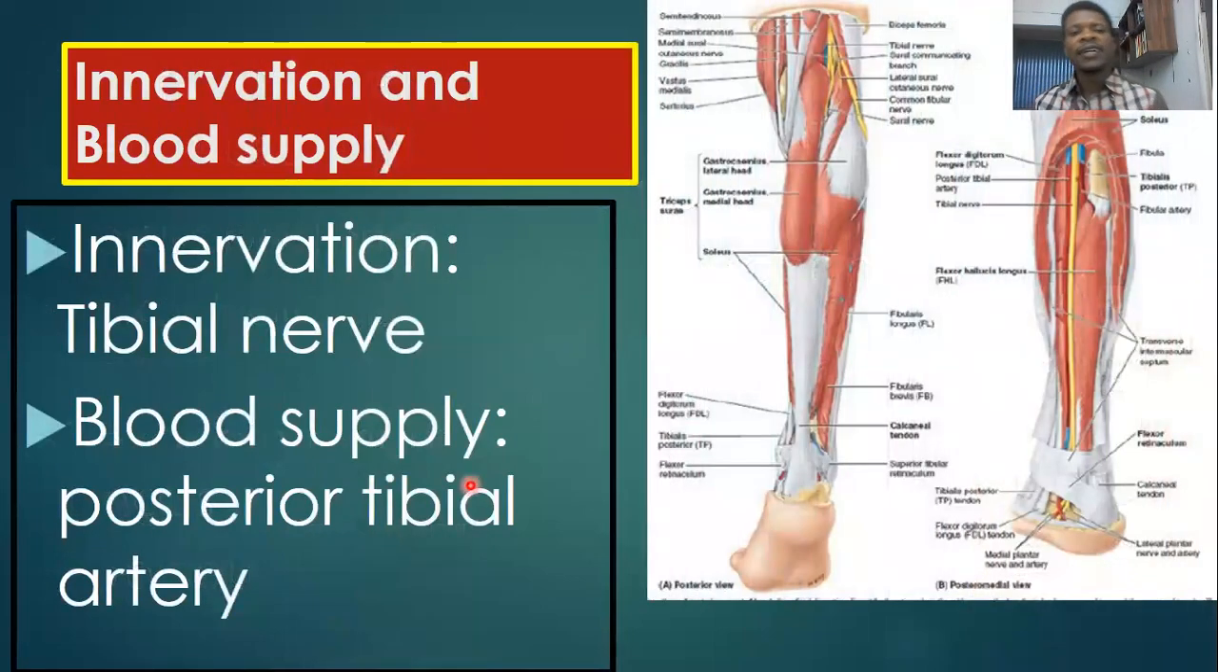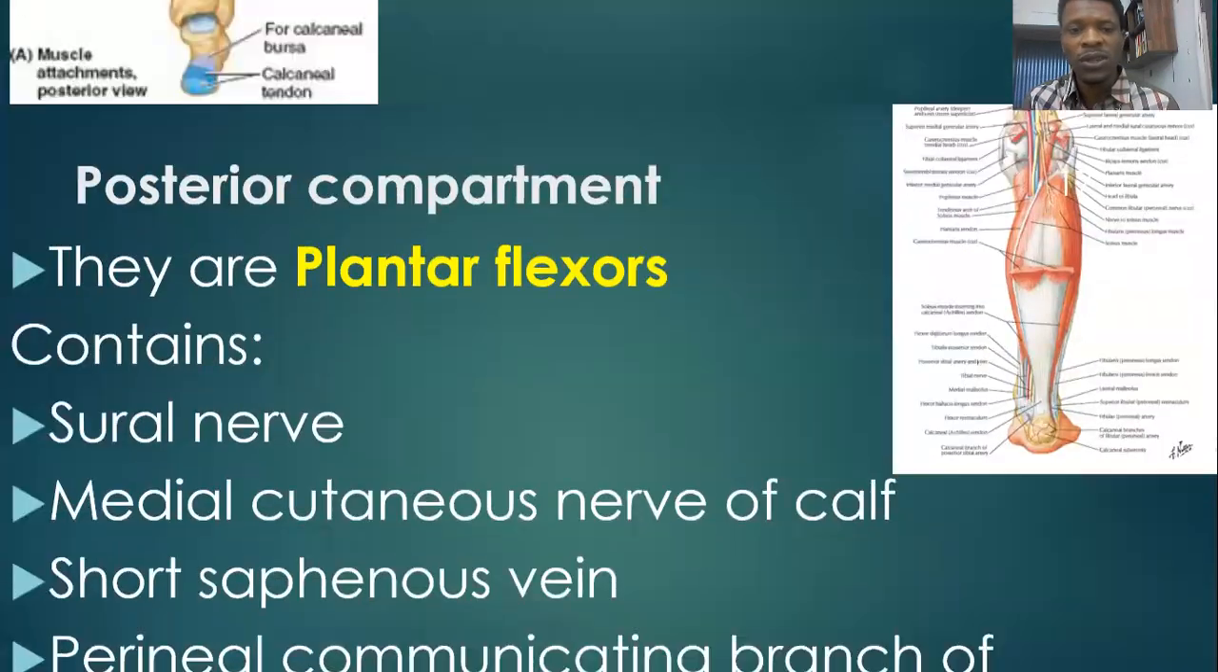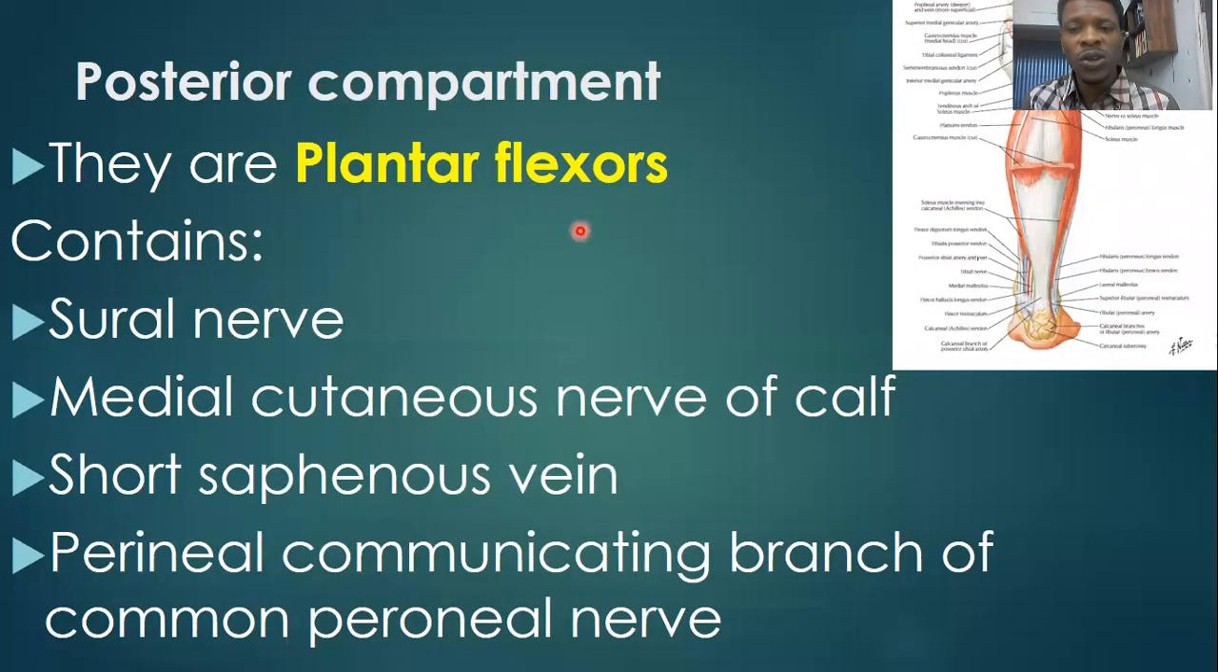They are innervated by the tibial nerve, and the blood supply is from the posterior tibial artery. Okay, and it's important to know these muscles are all plantar flexors. So this is a diagram showing you the different muscles. This compartment also comprises the sural nerve, the medial cutaneous nerve of the calf, and the short saphenous vein,